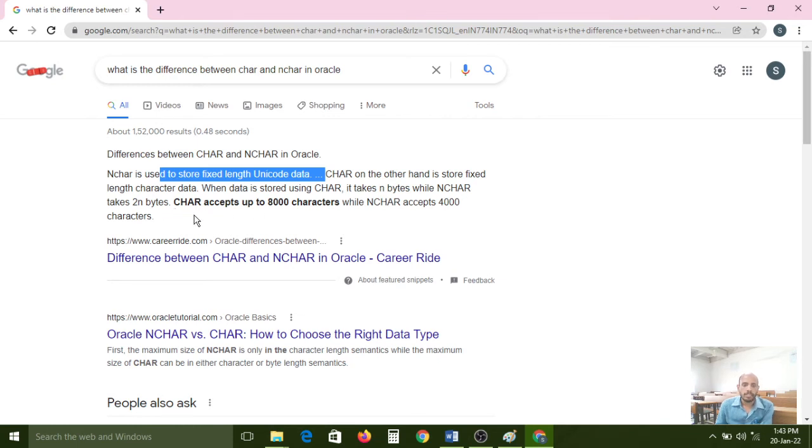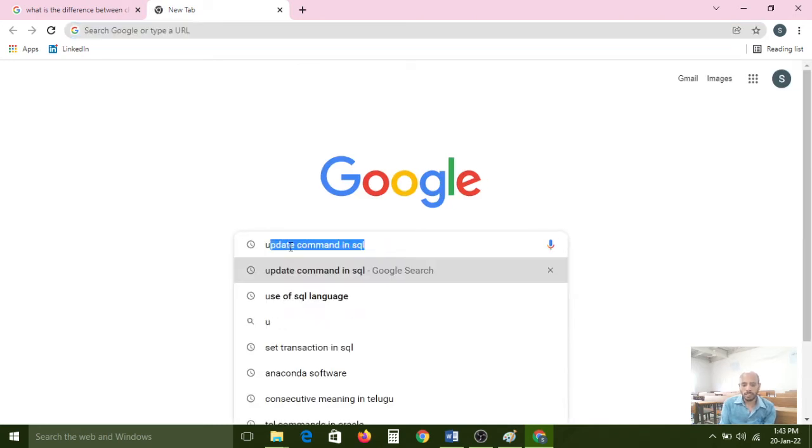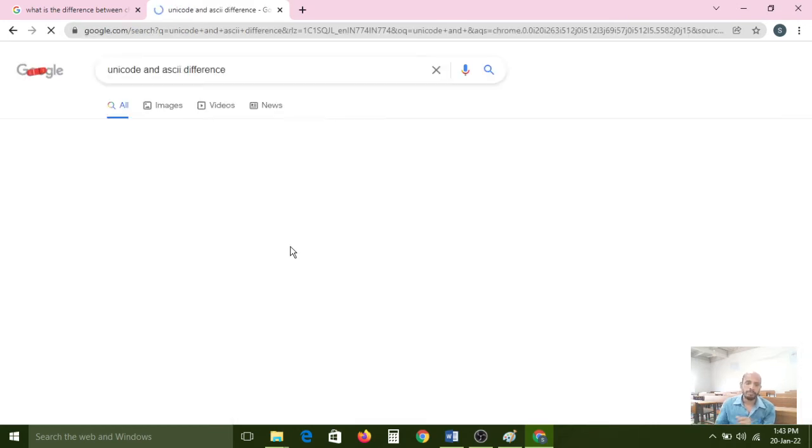So char accepts up to 8,000 characters, while nchar accepts up to 4,000 bytes. Actually, these two are Oracle related. Carefully observe here. The nchar data type is Unicode related. If you want to know about Unicode, search in Google, then you can get an awareness. Unicode and ASCII difference.